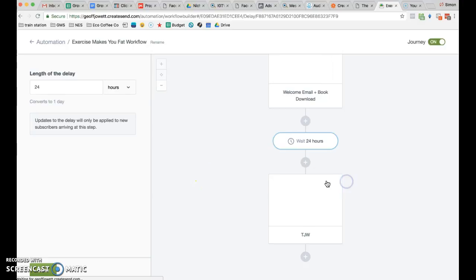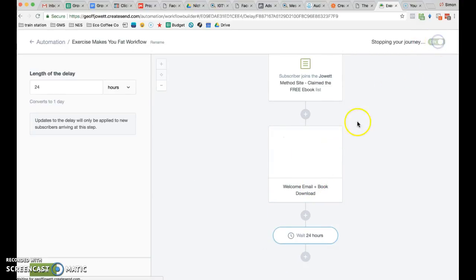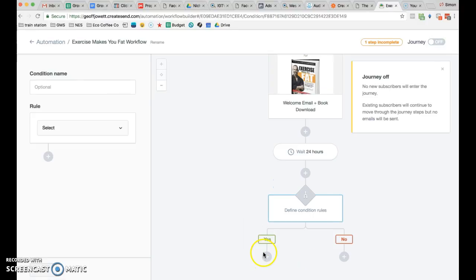I'll get rid of that in case. So you can jump in and just send out. So you just press the plus button. You have to turn it off. Press the plus button and you can do whatever. And then I would probably as well set up a condition. So it waits 24 hours, and you set up a condition